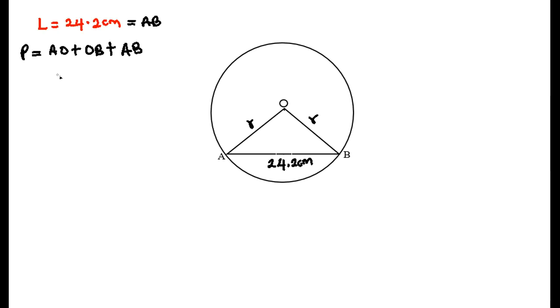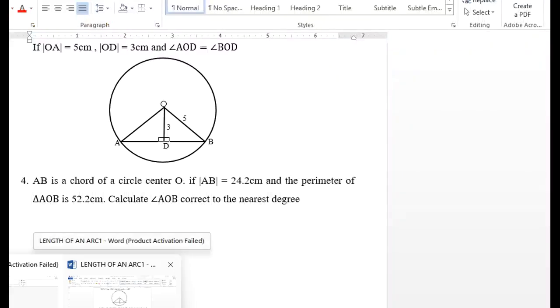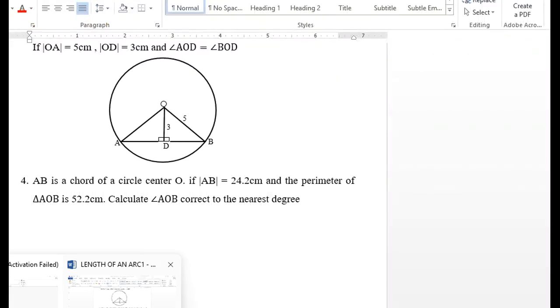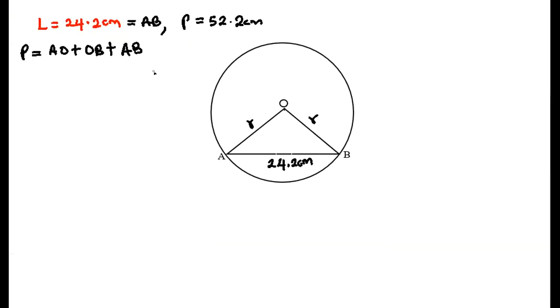Yes, I'm told what the perimeter is from the question, the perimeter of triangle AOB. So my P is already given as 52.2 centimeters. Always write out your parameters. So I won't call it P again, I will call it 52.2